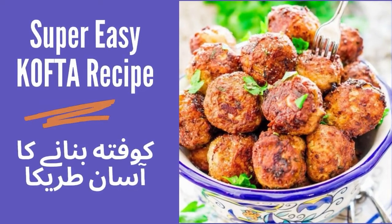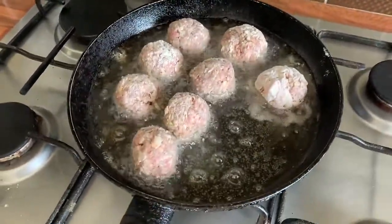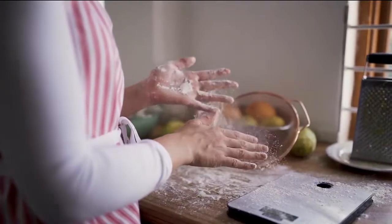Kofta is today's kitchen recipe. Kofta is a Middle Eastern dish made from ground lamb or beef mixed with onions, garlic, and spices. The meat mixture is shaped into balls, patties, or logs, and then grilled and served with pita, salads, dips, and